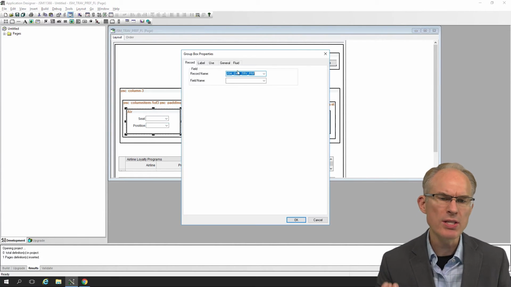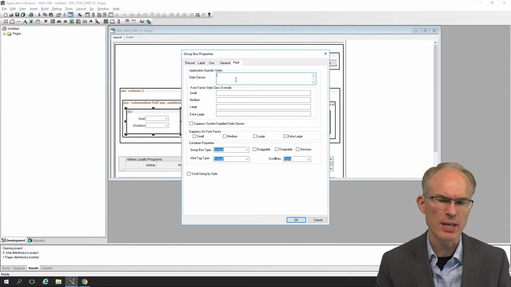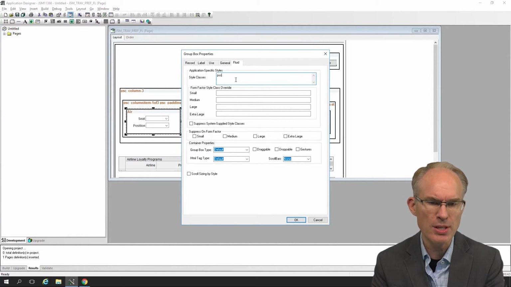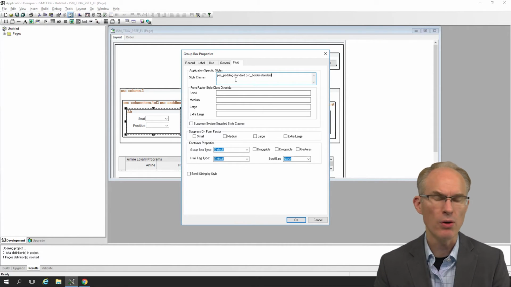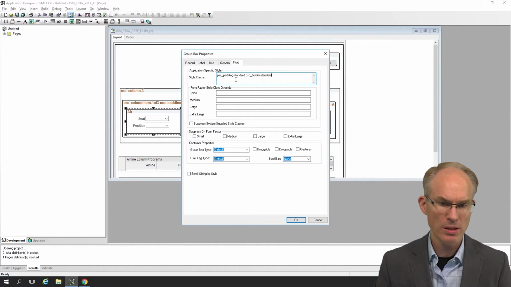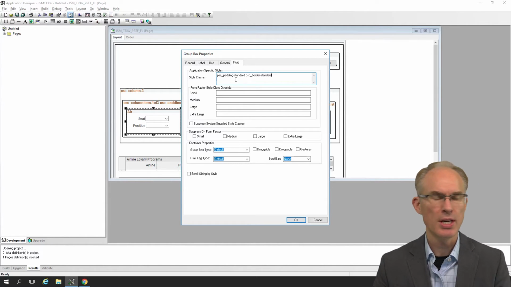But first, let's see, what style classes should we use here to fix the issue? So how about PSC_padding-standard? We mentioned that one. And PSC_border-standard. Now I have to tell you, I absolutely love the Oracle delivered standard classes: padding standard, border standard, margin